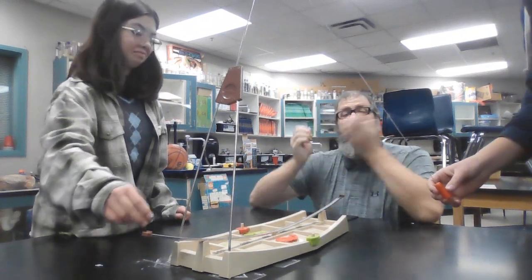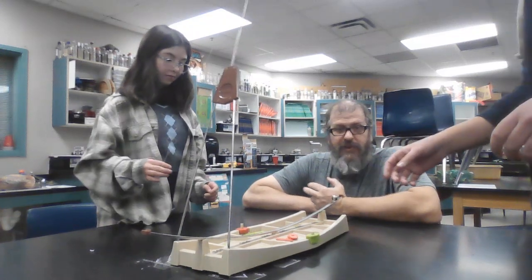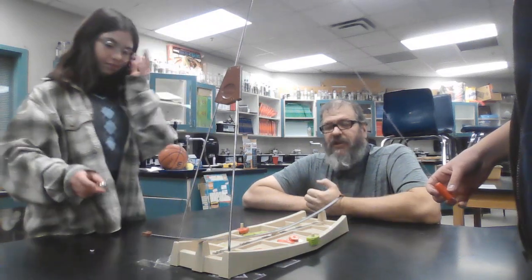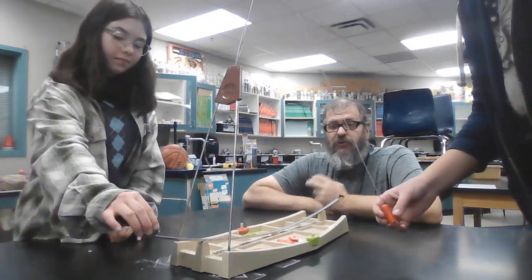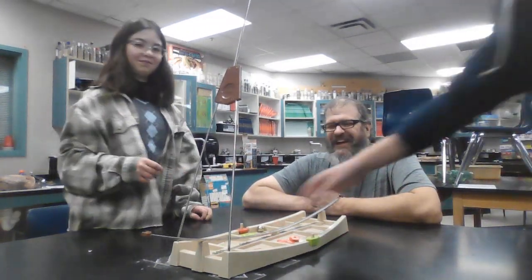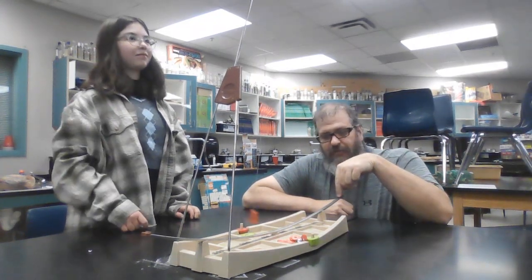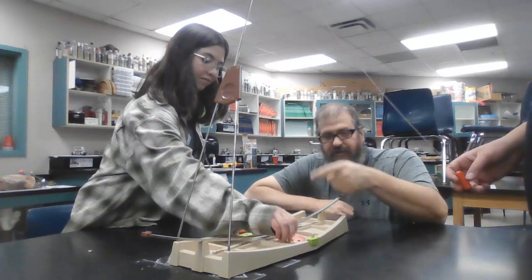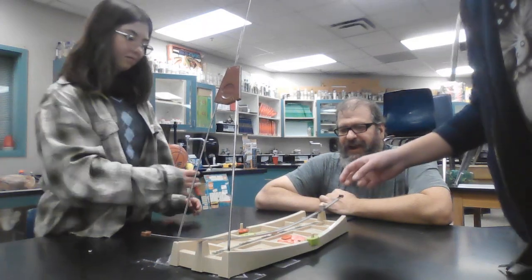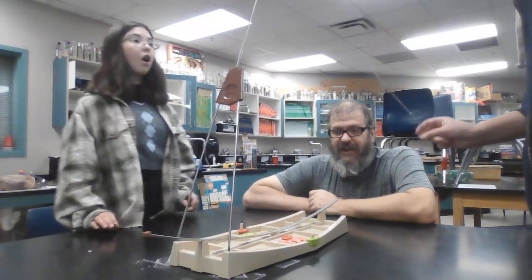Okay, so getting there. Now, the interesting thing about this is it also demonstrates really nicely Newton's second law of motion. It takes a force to accelerate a mass. Okay? When they release the marble on the top of either track, gravity is going to start the marble moving downwards. The same thing's true about the pendulum. Okay? But we also have the sideways acceleration, and it takes